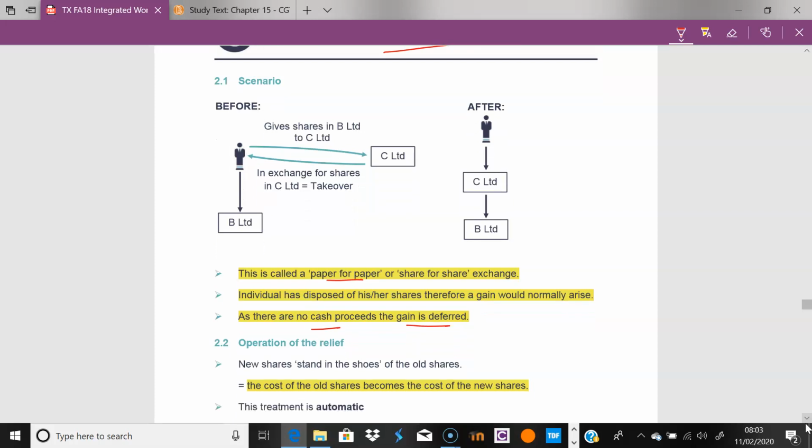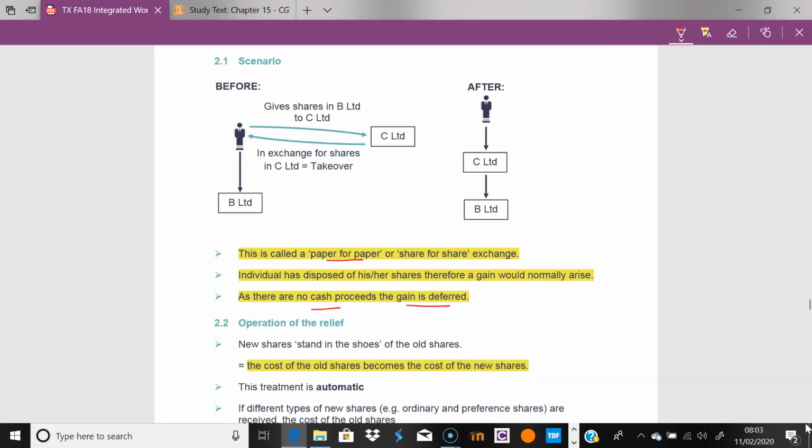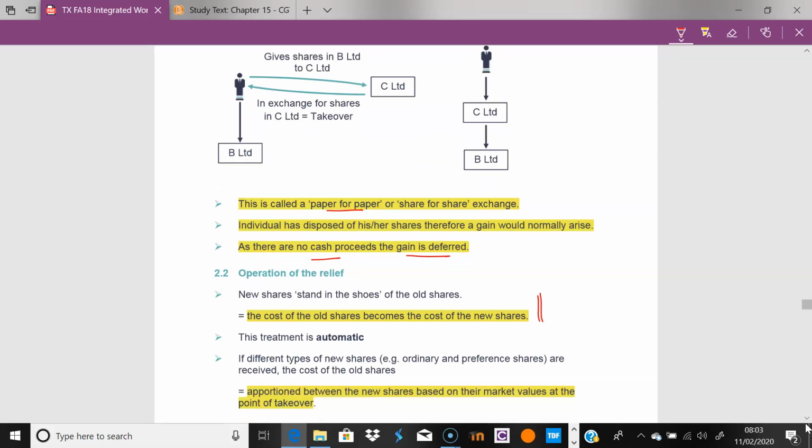I'm going to explain, really, the cost of the old shares becomes the cost of the new shares. The cost hasn't gone away. The cost is the cost. It's just dealing with it. And I remember when I was teaching, talking about land, and we're dealing with selling bits of land, and even to do with rollover relief with paintings and things like that. The same principle applies here as well. So typically, if it was just a straightforward share-for-share exchange, we would just be keeping the cost of the new shares at the base cost of the old shares, right? The cost of the old shares is still the cost.